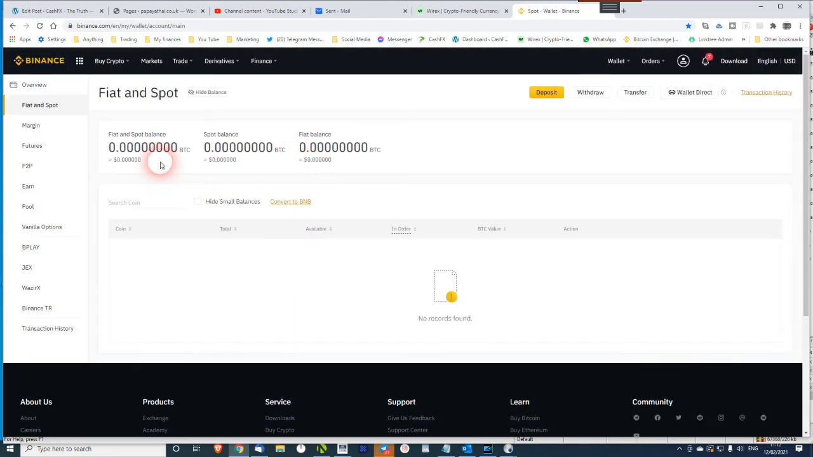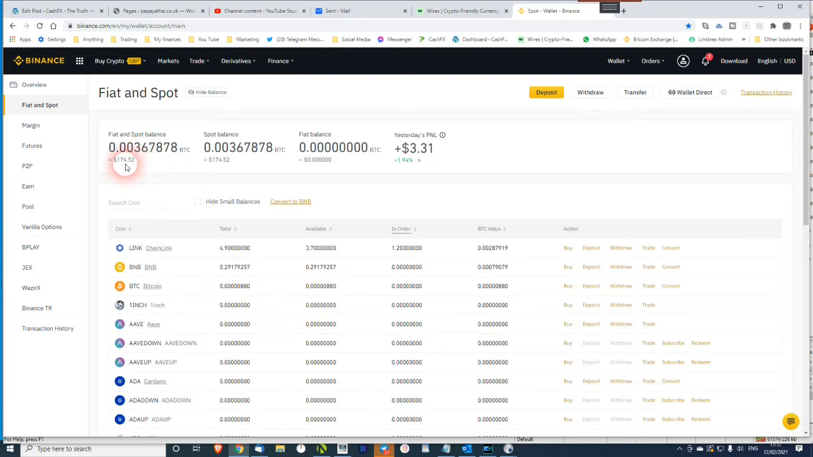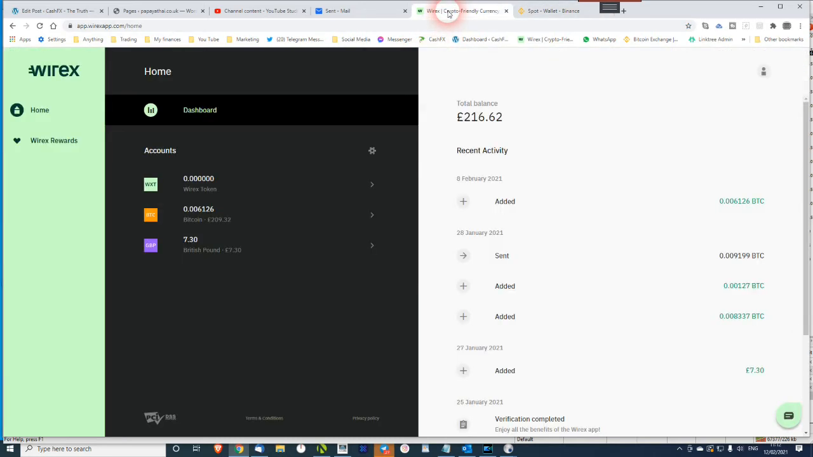At the moment we've got $174 in there, so I'm going to stick about another $200 in there and we'll see what Algowave do with that. So I need to go into my Wirex folder. I've got £216 in here, so I'm going to send